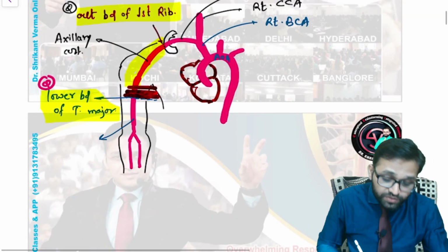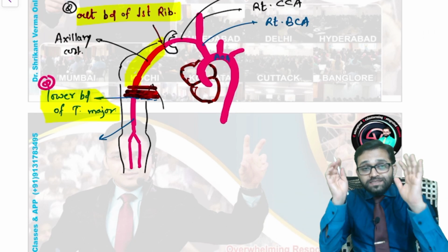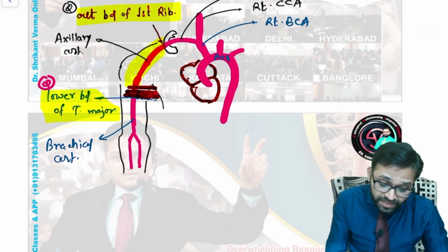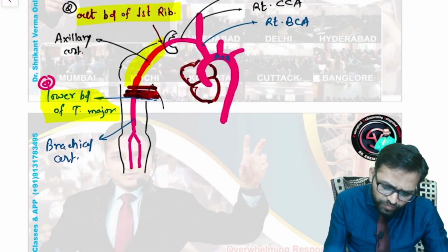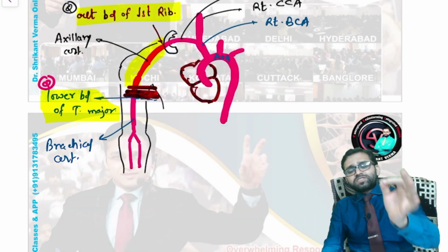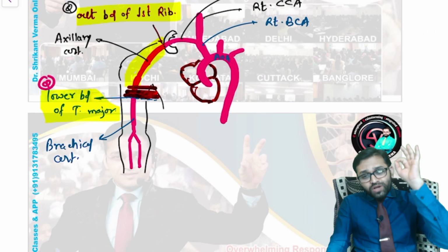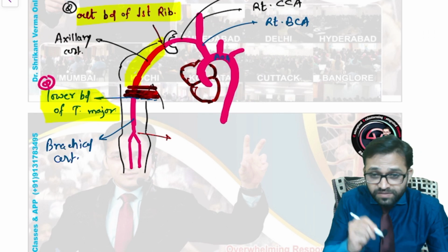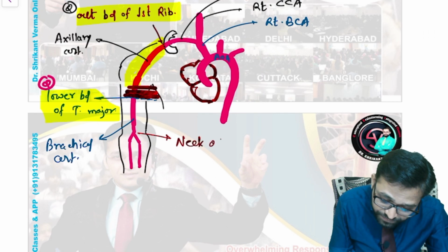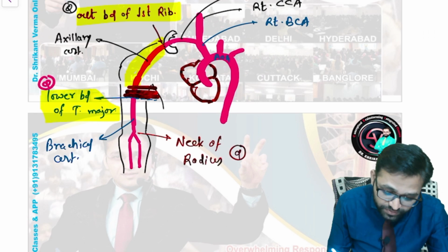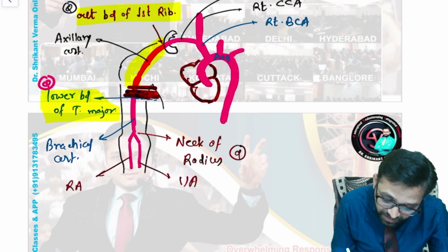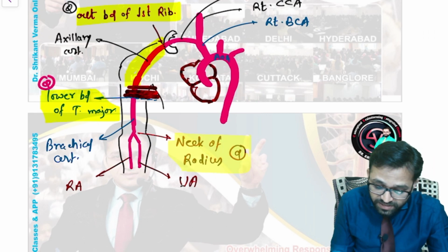Then we saw the artery running in the arm, or brachium, the brachial artery. Where this brachial artery ends, the different MCQs from your INI-CET, NEET-PG, PGI Chandigarh, NIMHANS exam, FMG or USMLE pattern, various clinical points will be related here also. We will see one by one. So this is the neck of radius, where this brachial artery divides into the radial artery and the ulnar artery. So we have discussed different MCQs at each and every point.